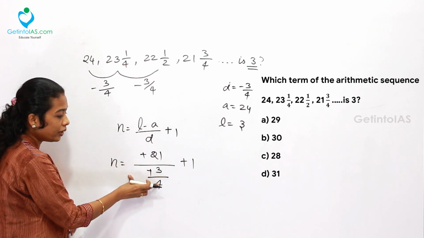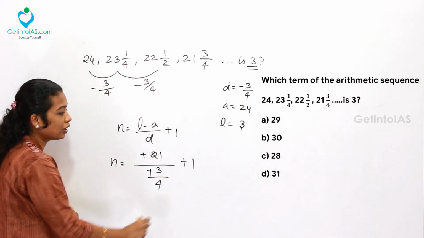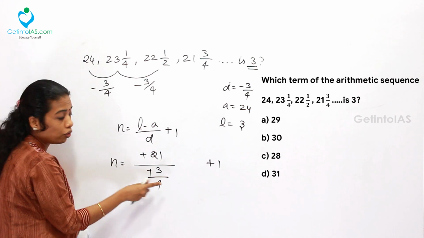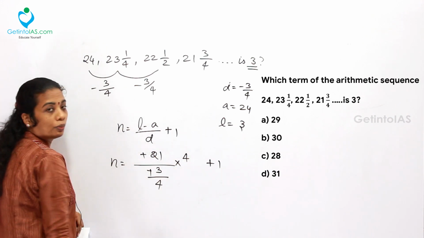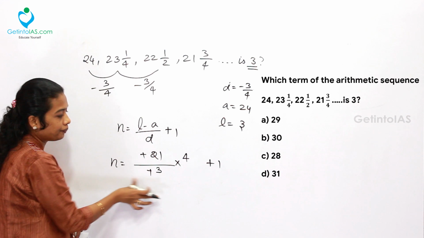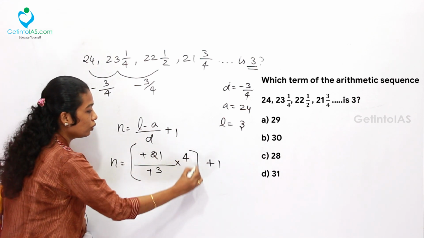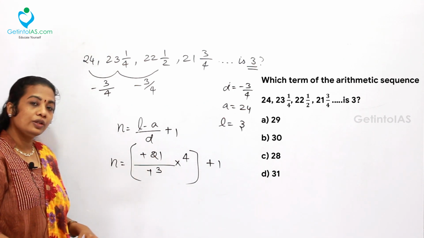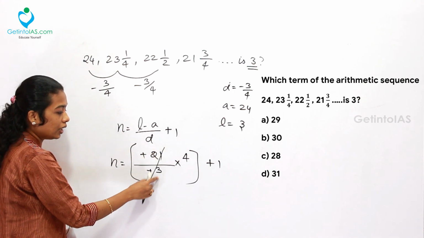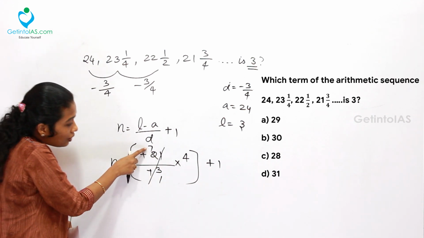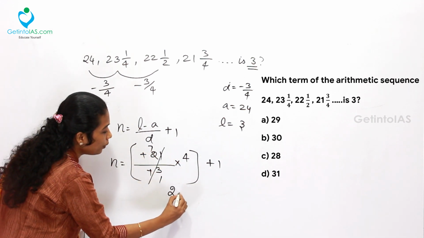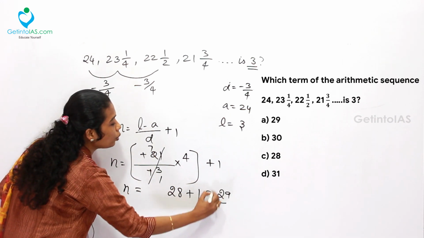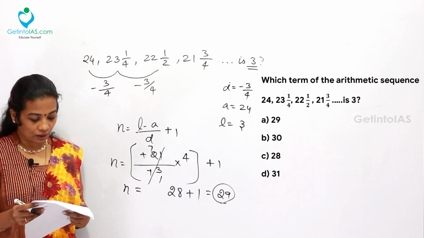Then the next one, here we have a numerator and denominator. So I am moving the plus 1 one step aside. Here 4 has to be written on the numerator, so this 4 will come here. First of all, you do the division and multiplication, and after that you can add. Now, 3 is 1 time here, 7 times here. After that, 7 into 4 is 28. Then 28 plus 1. Simply, my answer is 29, which is given in option A.